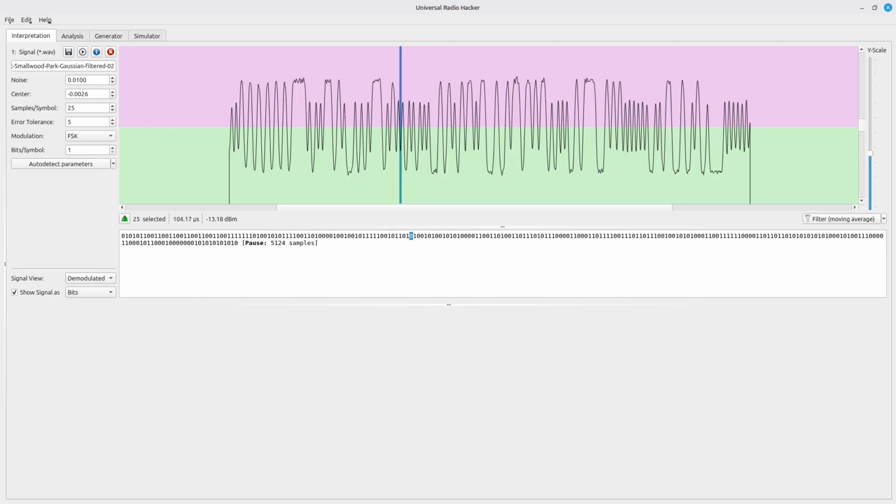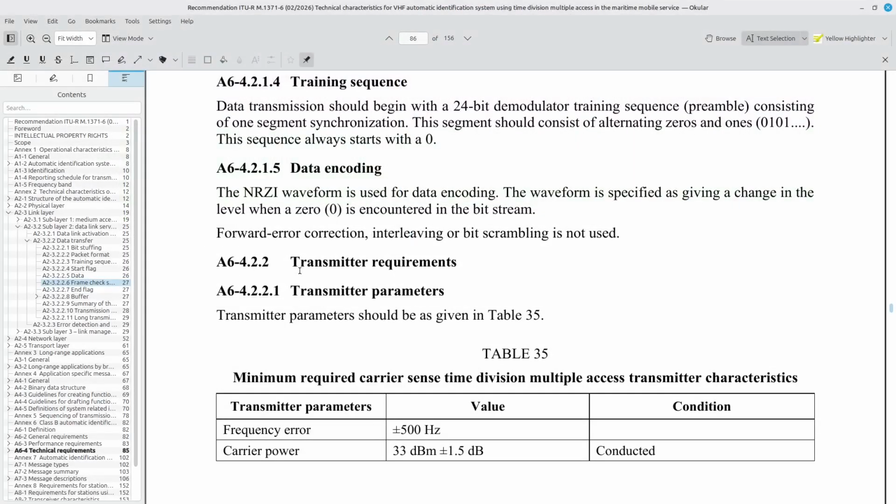Therefore, they have to add that information in, which they do. They say the waveform is specified as giving a change in the level when a 0 is encountered. What that means is that when you have a transition in the waveform, that means a 0. No transition is a 1.